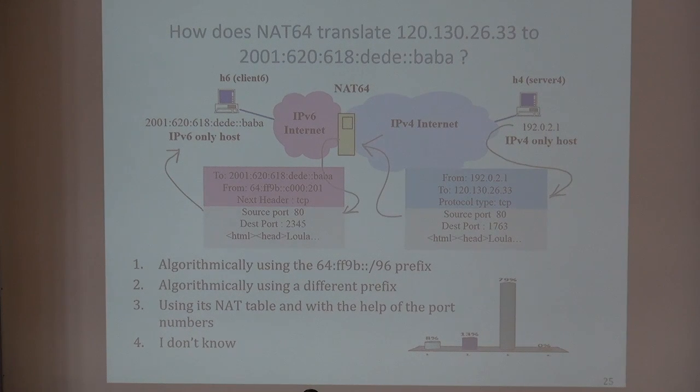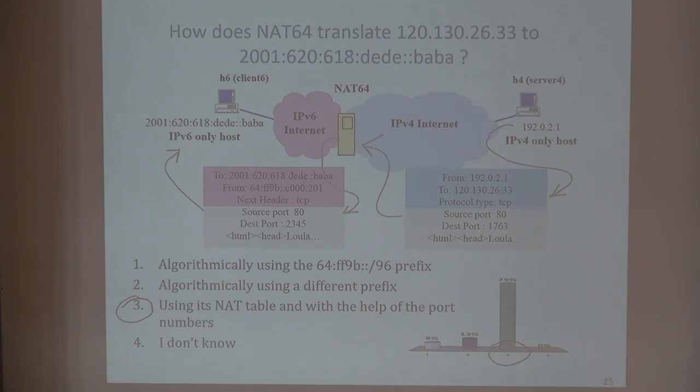And the correct answer is the majority. Here we're using an address from the pool. Here that is a pool of fake IPv4 addresses. So this pool is probably smaller than the number of clients we want to serve. So we need to use the classical NAT trick with the table and the help of the port numbers. Well, this is our first approximation of IPv4, IPv6 interworking.